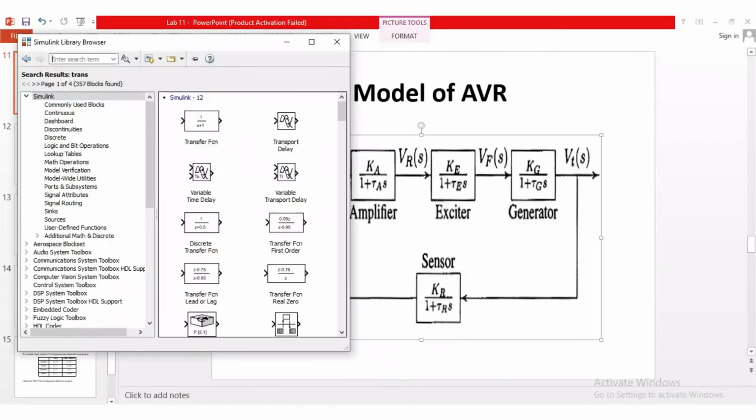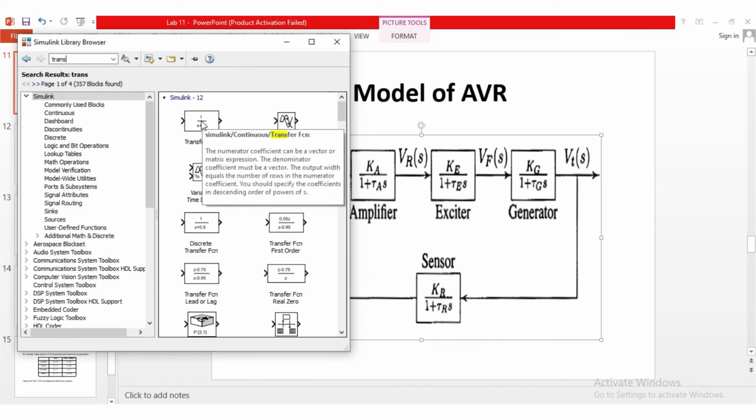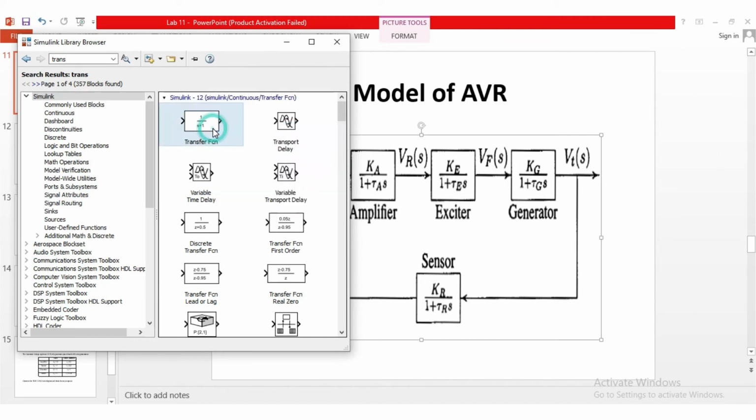Therefore in the Simulink library we will use the transfer function block, and we will add 4 transfer functions to our model, because we have 4 blocks for amplifier, exciter, generator and sensor.